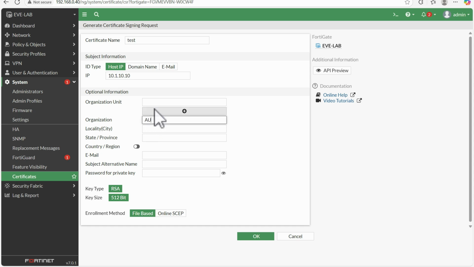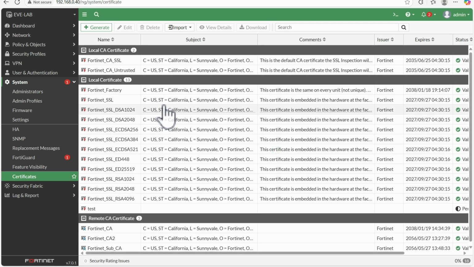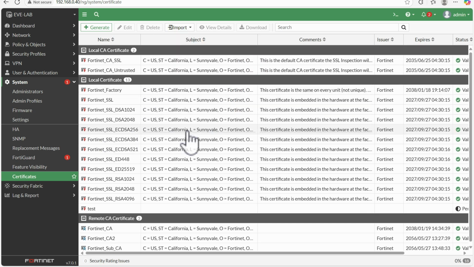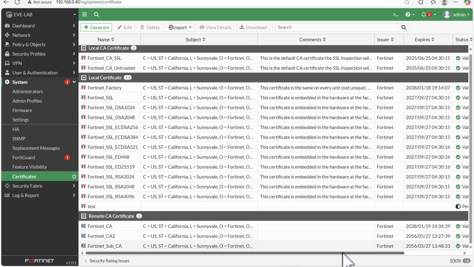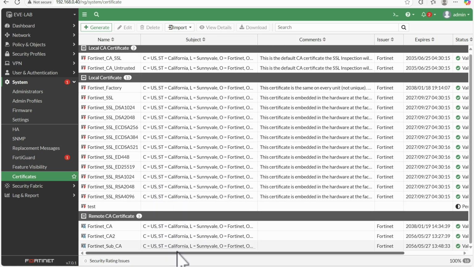I'm just typing some dummy name, like AU, city Delhi, and then an email, and let me see if we can allow that. The certificate CSR is generated. So using that way, we can generate our CSR certificate also if it is required.